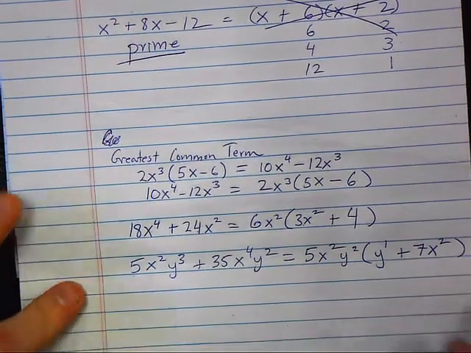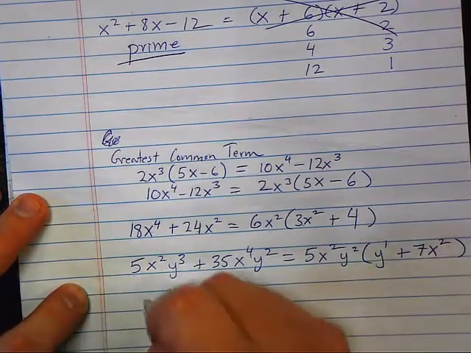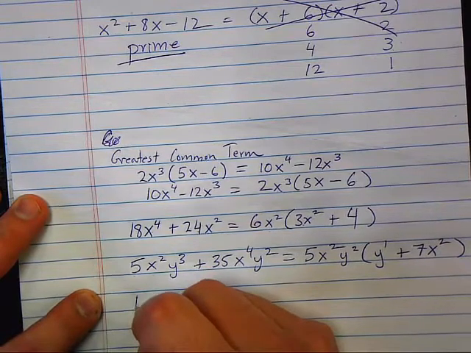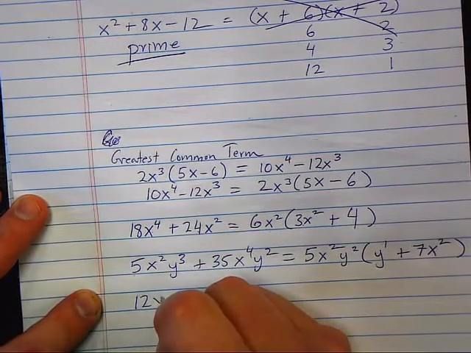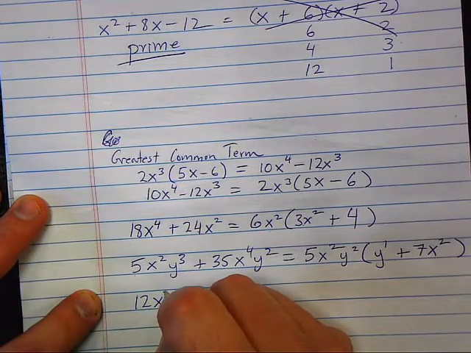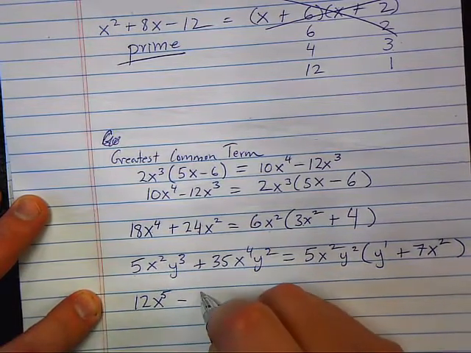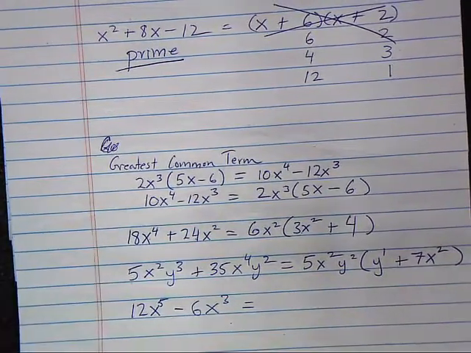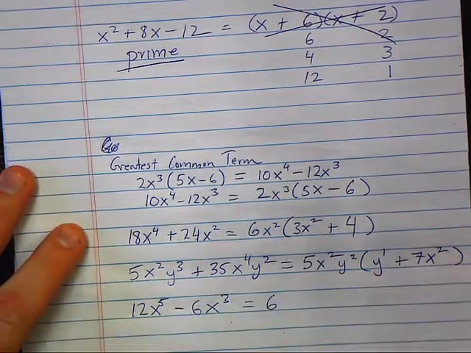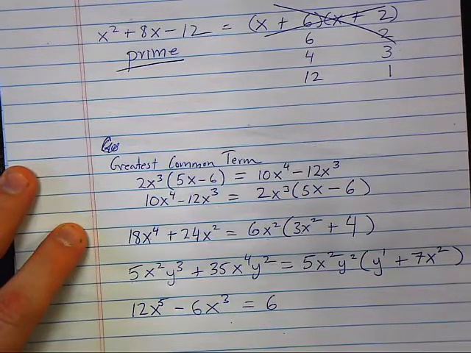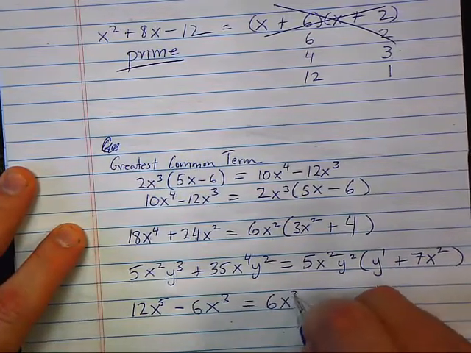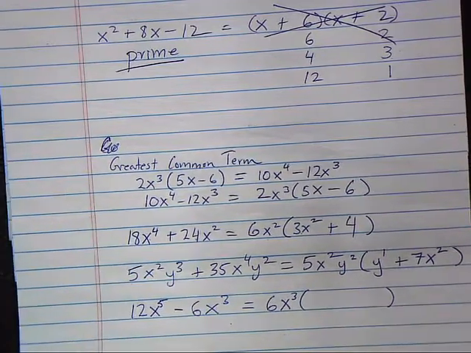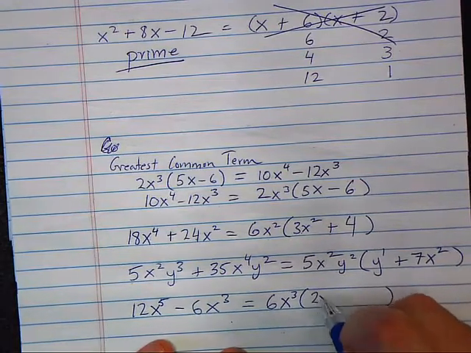All right, here's my last one. How about 12x to the 5th minus 6x cubed. What do they have in common? 6. How many x's are in common? 3. So 6x cubed. What's left over? 2x squared